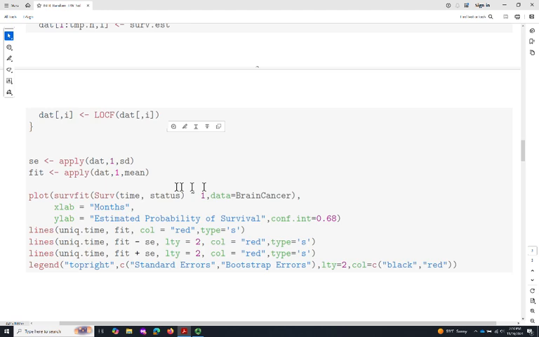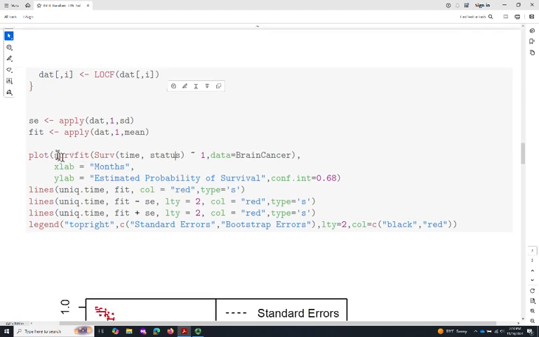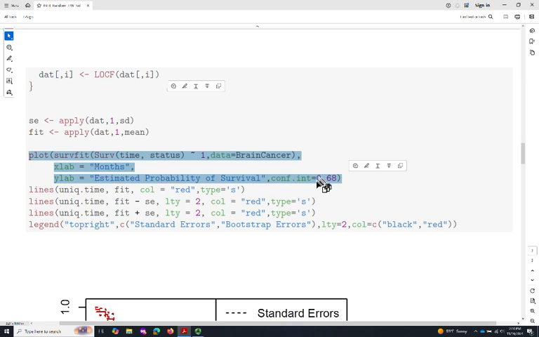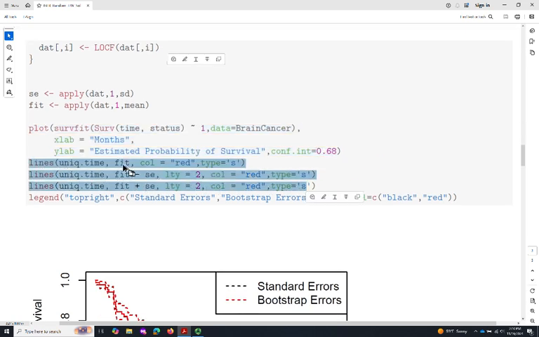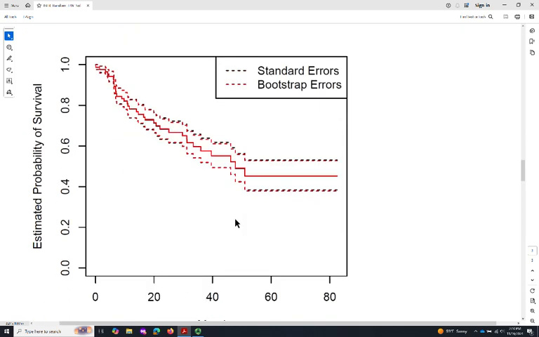I calculate a mean, which we don't need to do. I just think it's kind of cool to look at the plot. This is the original function, the estimated Kaplan-Meier curve from the brain cancer data with one standard error, and then we create lines according to the fit, and then the one standard deviation errors. We add a legend, and this is it. And this is so cool, you can see the black and the red are essentially right on top of each other, and especially the